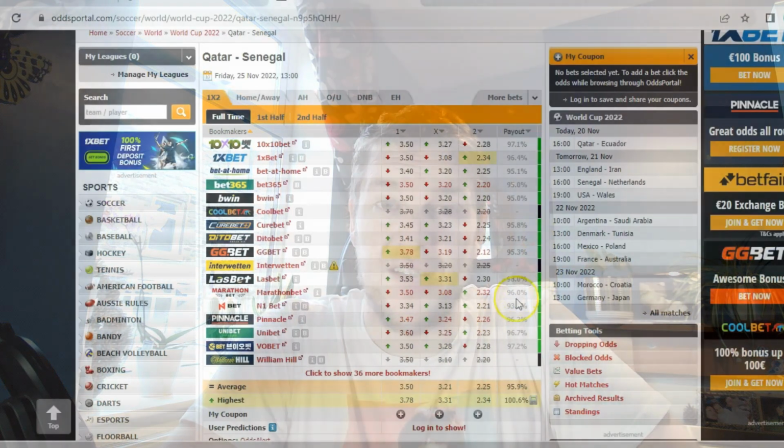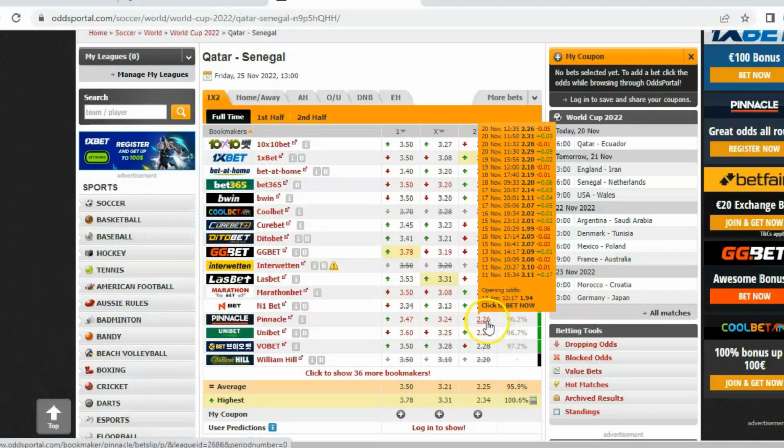Whilst Qatar and Ecuador were playing, I brought up the odds for Qatar's next game against Senegal. The odds for Senegal in this game were 2.25, and Senegal are rated as a better team than Ecuador in the outright markets. They were a shorter price to back, and I think that Sadio Mane was also due to be back for that second game. So you had odds of 2.25 on a team that were better than Ecuador, and then within the first 10 minutes of the Ecuador-Qatar game, the market had realised that Ecuador were way too big and should have been shorter. It was clear to me that that was a massive value bet,